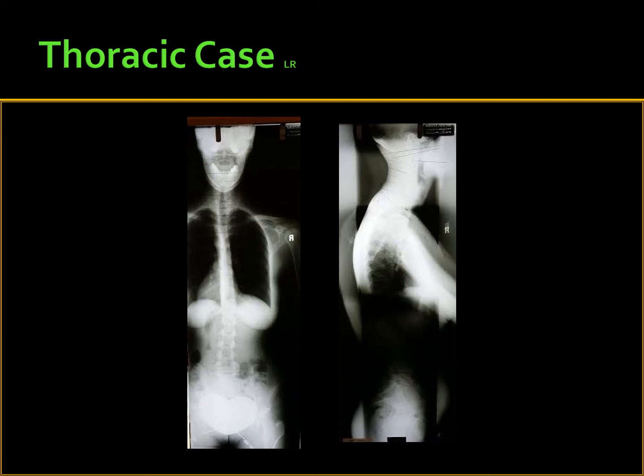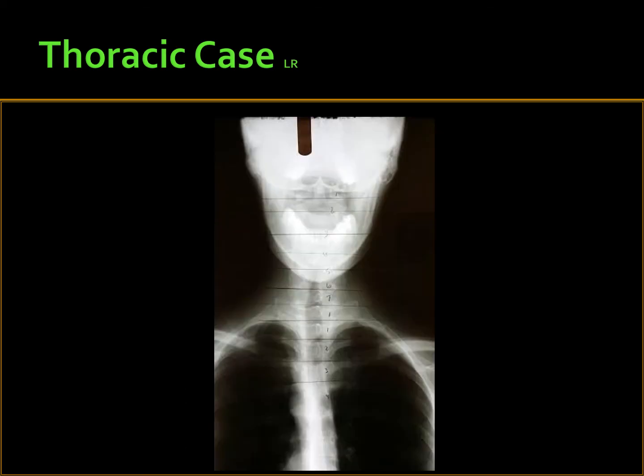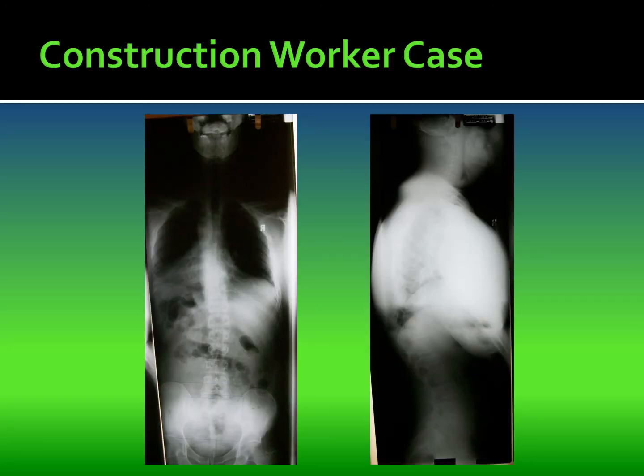So, of course, because of the trauma and the serious neurological component of this, I retook the X-ray. It's very difficult to see here, but she had a lot of rotation in the upper part of the thoracic spine. I did all the neuro,